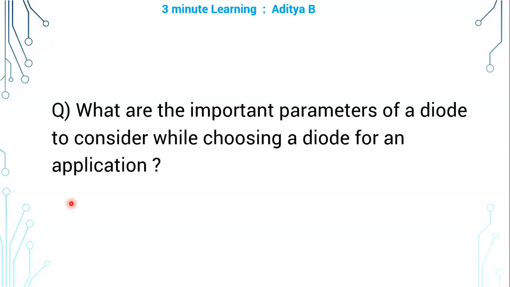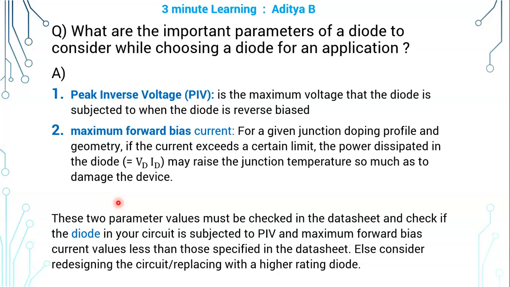What are the important parameters of a diode to consider while choosing a diode for a particular application? The two important parameters to consider are peak inverse voltage, PIV, and maximum forward bias current that the diode can tolerate. Peak inverse voltage, PIV, is the maximum voltage that the diode is subjected to when the diode is reverse